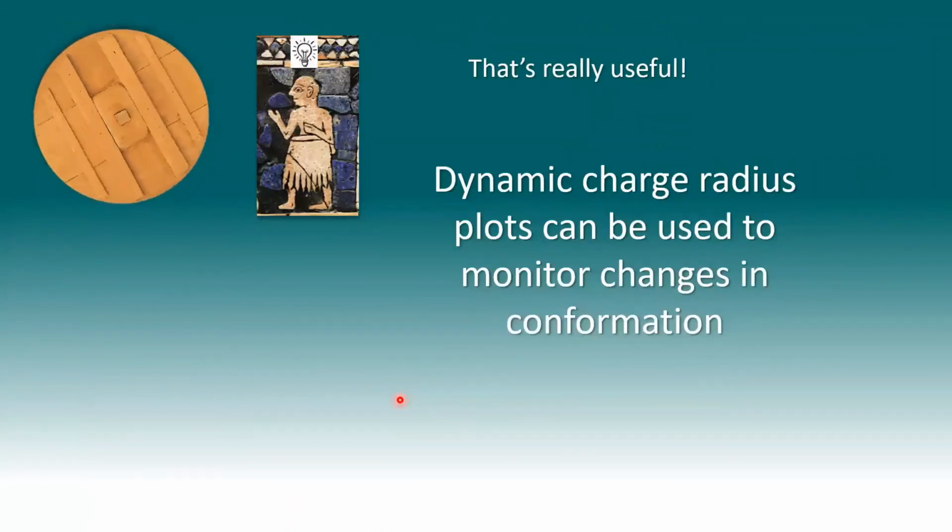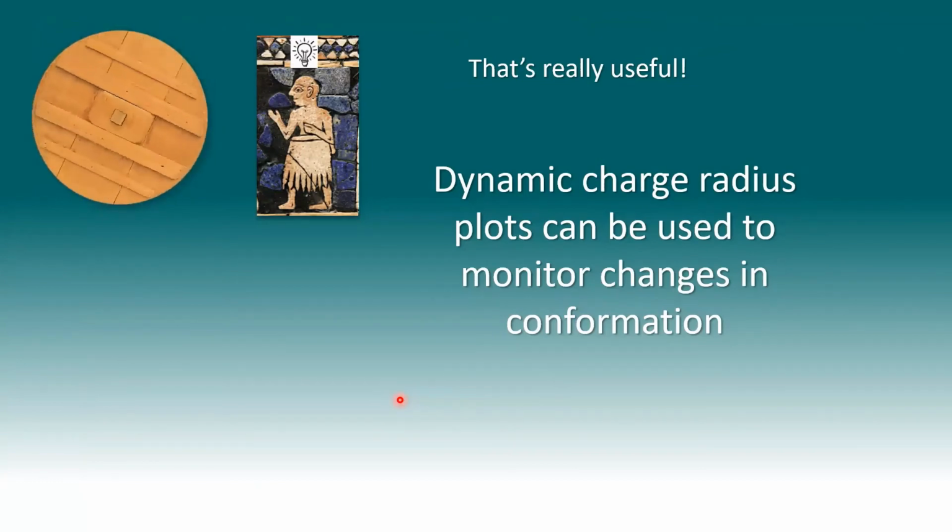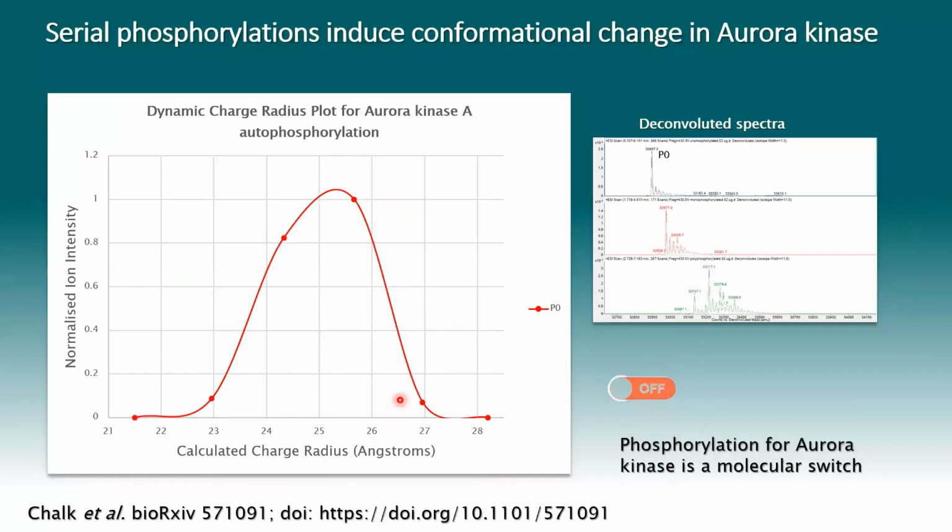So that's also really useful. The dynamic charge radius plots can be used to monitor changes in conformation. And we've done this here for Aurora kinase. So Aurora is a kinase. It can auto-phosphorylate. So when it's incubated with ATP, it acquires